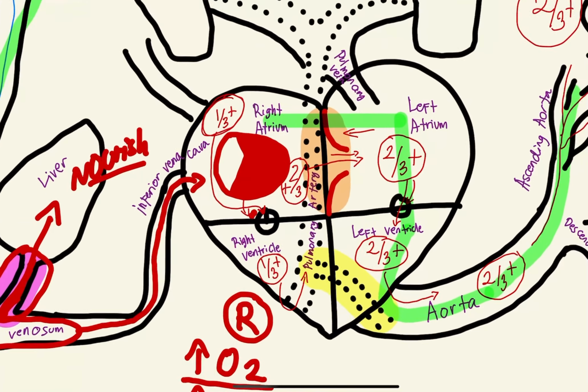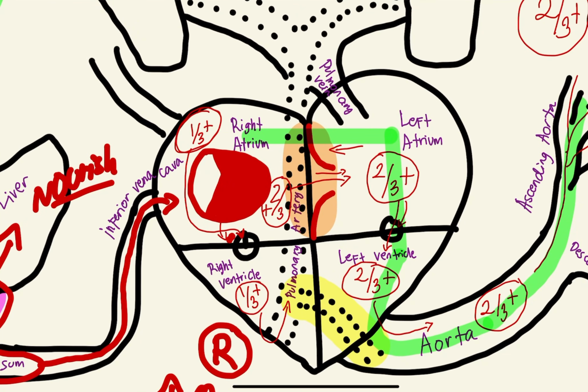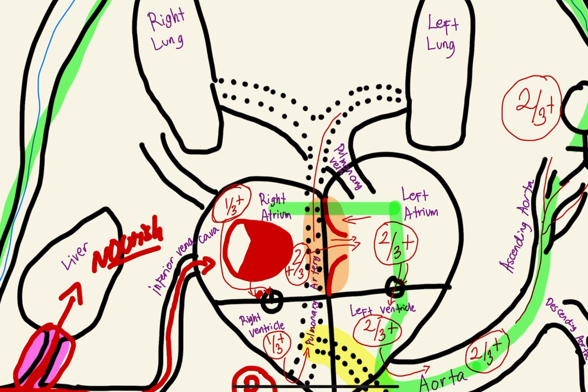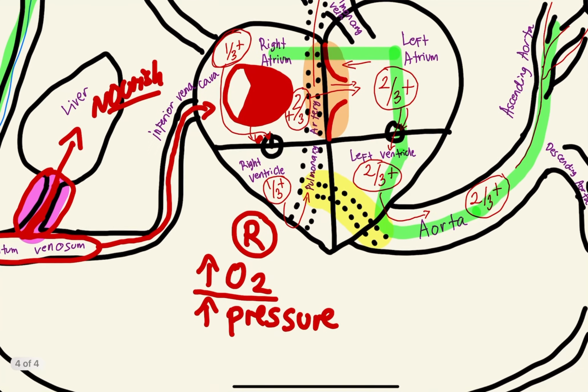Bakit kailangan niyang pumunta sa pulmonary artery? Pupunta siya sa pulmonary artery because some of the blood will have to go to the lungs. Yung ibang dugo, kailangang pumunta doon sa lungs. Bakit? Hindi naman siya ginagamit for oxygenation. The blood will go there for nourishment. Bakit? Kasi ito po yung unang organ na gagamitin ng bata pag siya ay pinanganak na. Okay? So, some of the blood will go to the lungs for nourishment sa 1/3 oxygenated blood, but majority of them